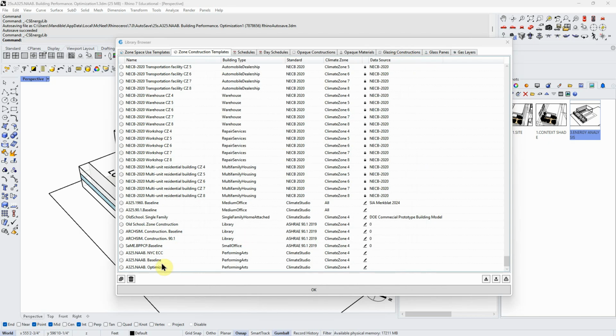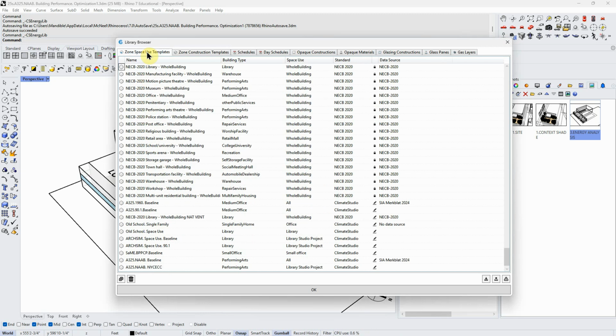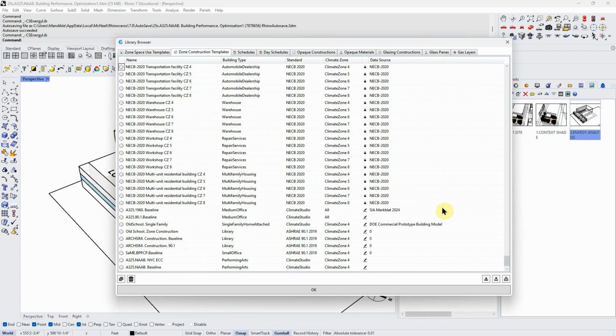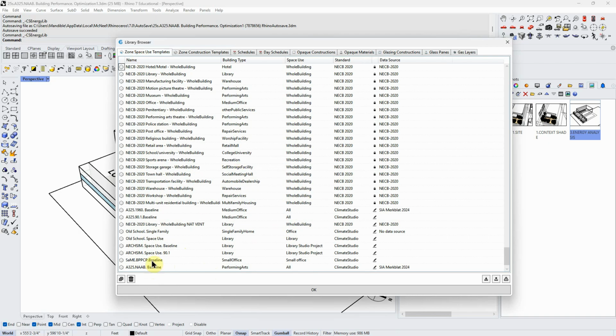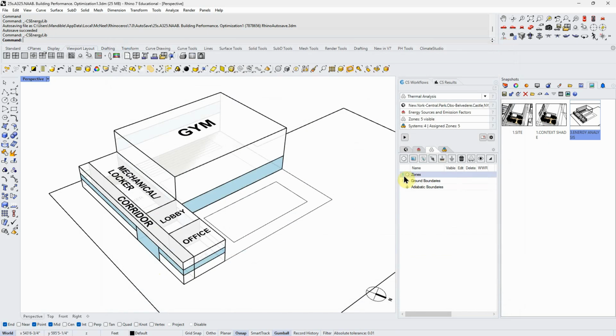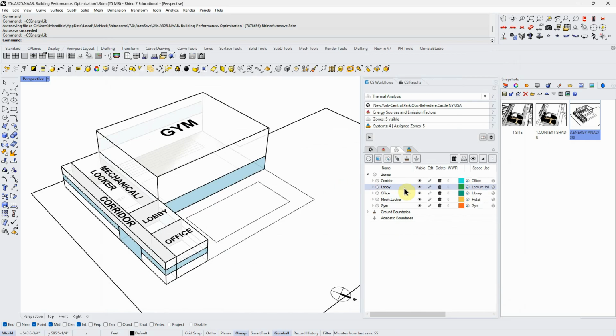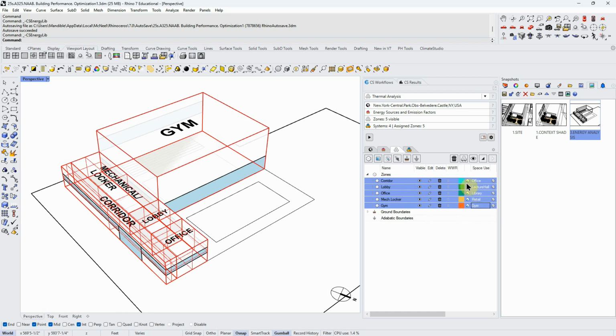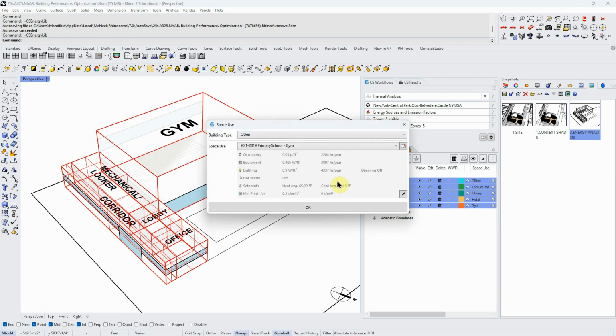Okay, so then I created space use templates for both, and construction templates for the baseline and the energy code for both of these, right? So that's this one, I'm sorry, this one and this one. And then I created zones and named them, and by the way, you can ignore these names here. That's for something I'll show you in a minute. But if I select these and edit,